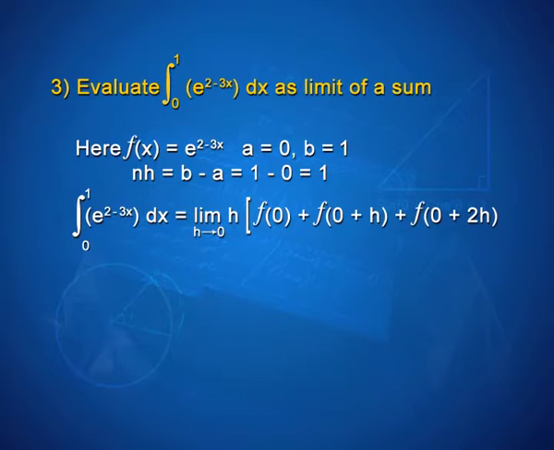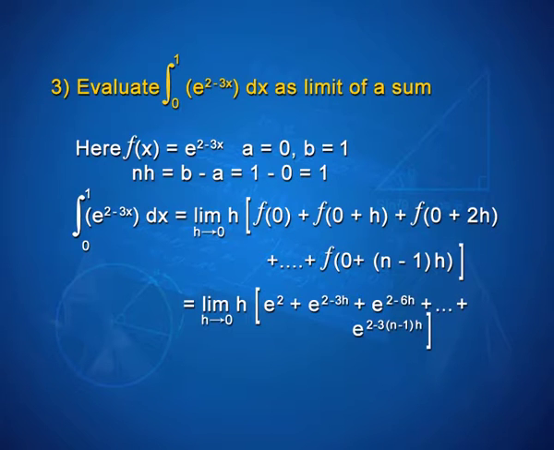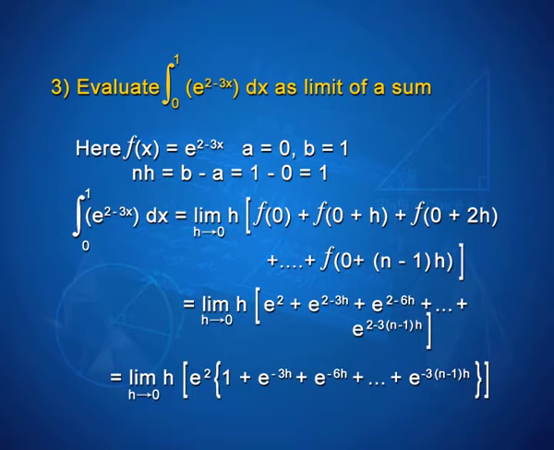Therefore, integral 0 to 1 e to the power 2 minus 3x dx can be written as limit h tends to 0, h into f of 0 plus f of 0 plus h plus f of 0 plus 2h and so on plus f of 0 plus (n minus 1) into h, that is equal to limit h tends to 0, h into e to the power 2 plus e to the power 2 minus 3h plus e to the power 2 minus 6h plus and so on plus e to the power 2 minus 3 into (n minus 1) into h, that is equal to limit h tends to 0, h into e to the power 2,